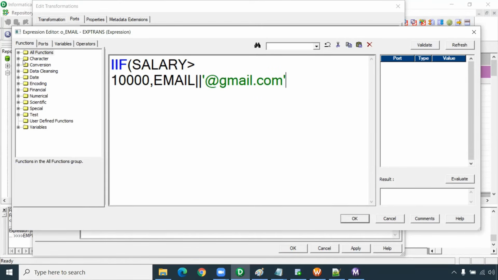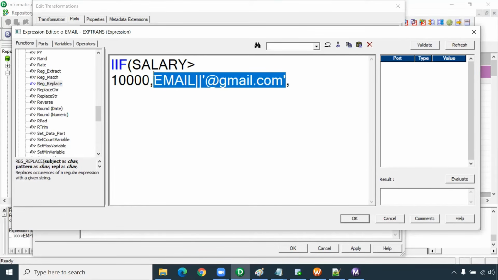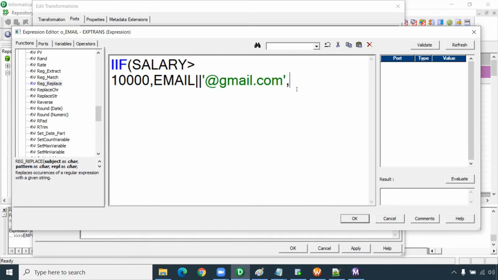We can use some special characters. You can go for regular expression replace, regular expression extract, regular expression match. These three we can use. Something like only alphanumeric, only numeric, that you can use. Okay, that we will take as an exercise. I will tell you.